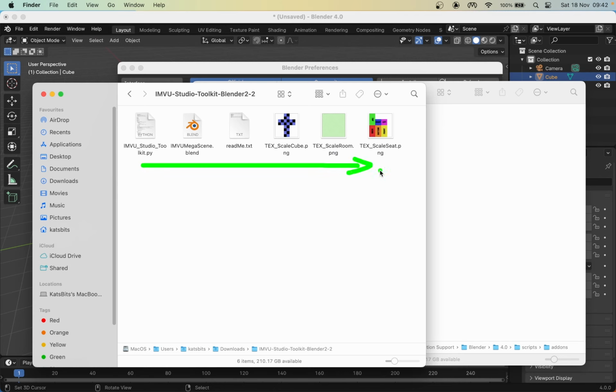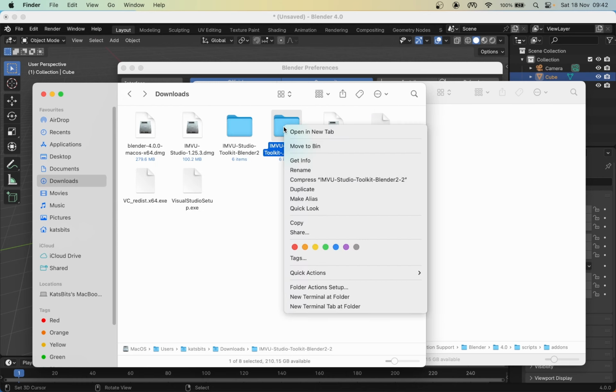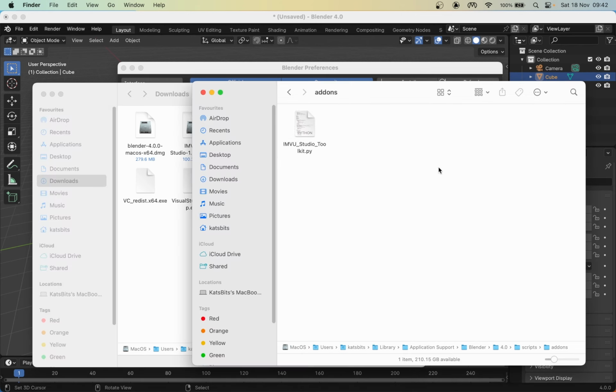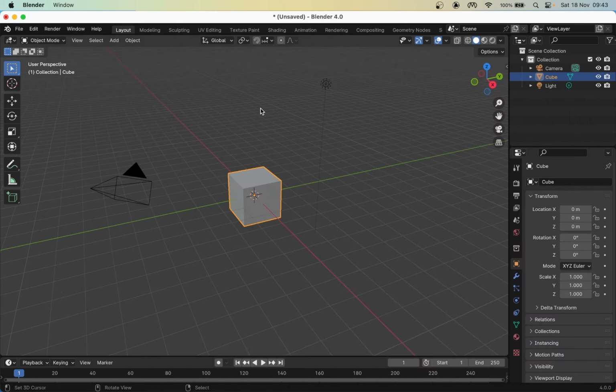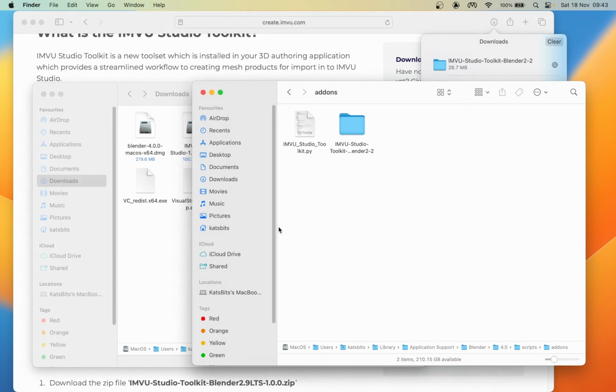We want to keep these intact, so we're just going to drop the entire file. So select, option click, copy, option click, paste item. What we should find now is that if we close Blender, don't save, restart,